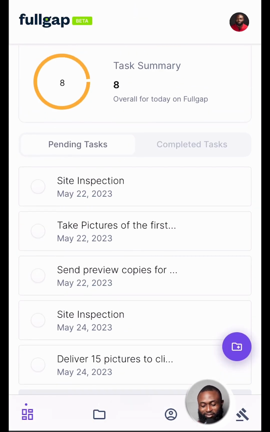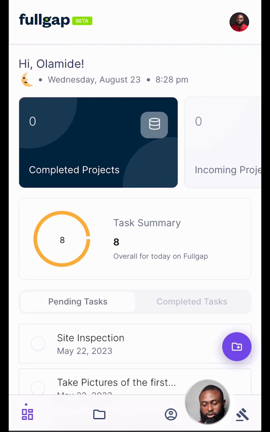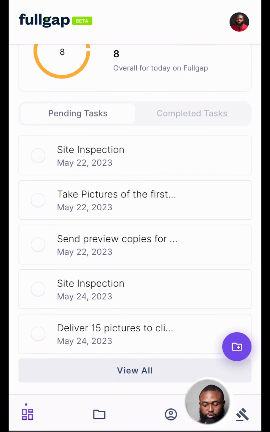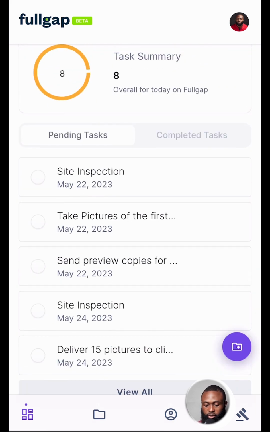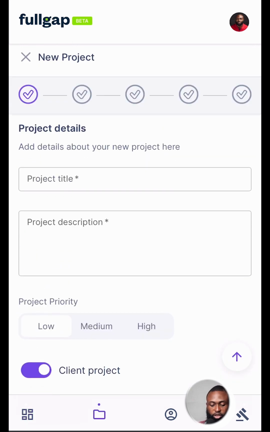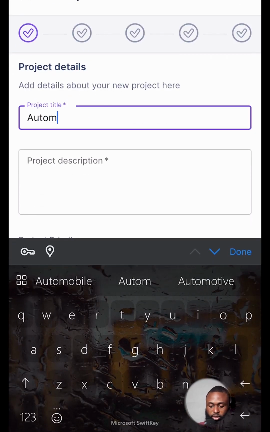Pretty slick here. The dashboard gives you an overview of your projects, your active projects, your completed projects, and your incoming projects. Creating a project is pretty simple. Click on the icon with a plus sign at the bottom right part of your screen. So this brings you to the next page where you put in your project details like your project title,